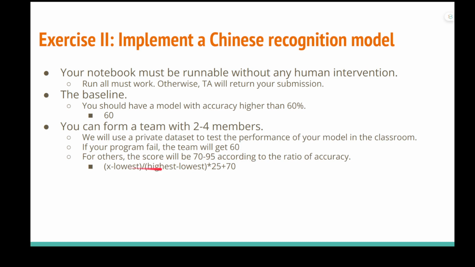Okay, so there's a formula here, and in this competition you will get a different score, against our private test set. Okay, so that's the introduction about how to write the very basic deep learning framework program for the classification task.